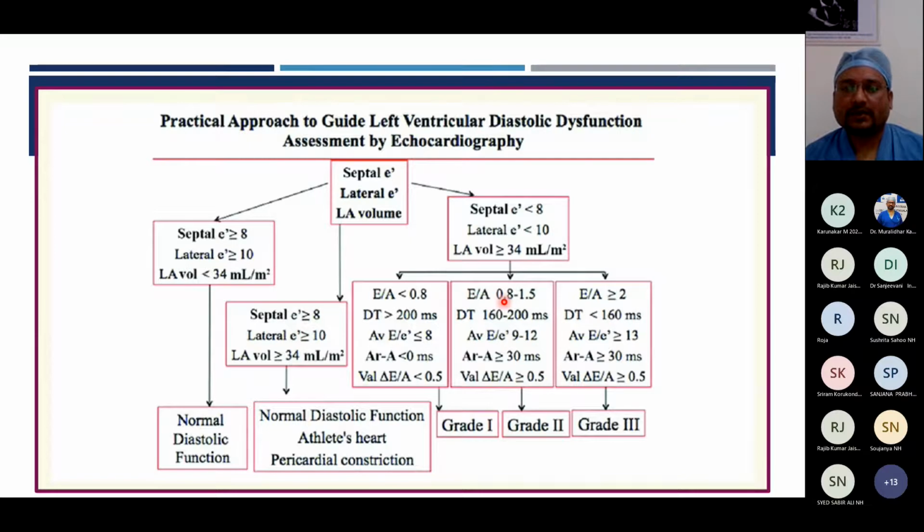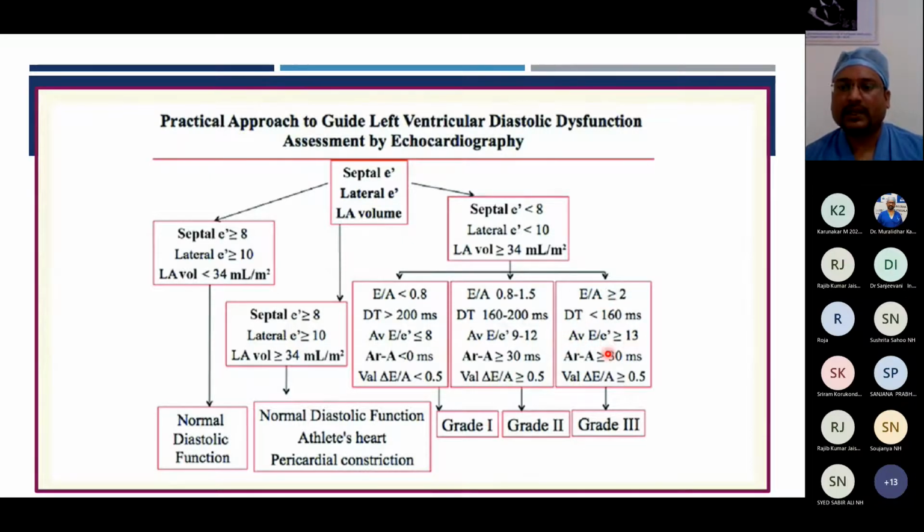If E by A is 0.8 to 1.5, DT of 160 to 200, average E by E prime of 9 to 12, that is elevated, and A reversal duration minus A duration of more than 30 milliseconds, and change during the Valsalva in E by A of more than or equal to 0.5, it becomes pseudo normal, that is grade 2. And if E by A ratio is more than or equal to 2, DT is less than 160, average